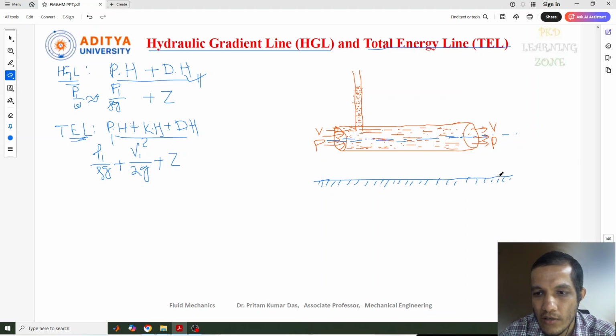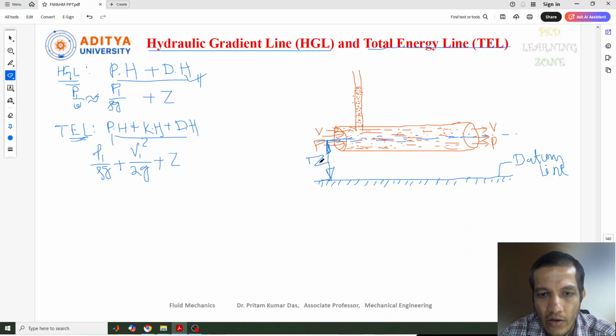This is sometimes called the datum line, or in some books it is given as a reference line. So both are the same. By taking this reference line, what is the head or height of the fluid flow at the inlet of the pipe? This is nothing but